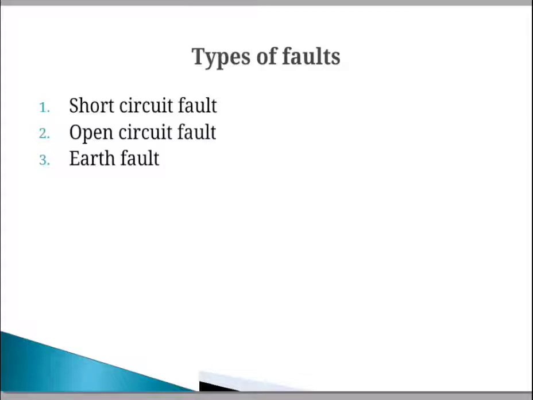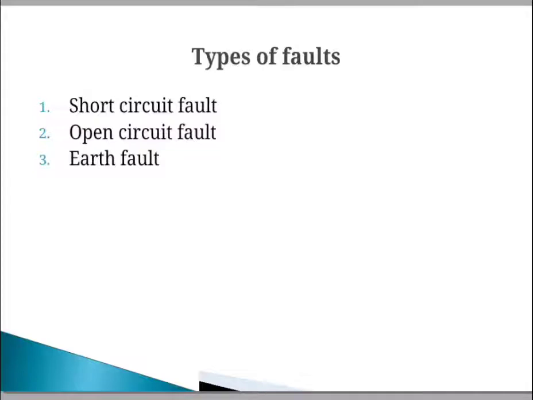While handling the cable, the insulation between the two cores of the cable is damaged. Then the current flows from one core to the other core directly, and the current will not pass through the load. Such a fault is known as a short circuit fault, and it is normally a very dangerous fault in the cable.